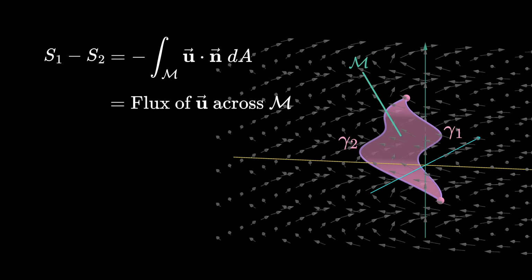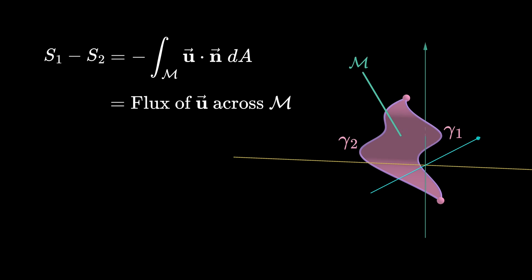Let's describe the integral in more detail. First, divide M into many infinitesimal area elements. At every one of these area elements, we compute the dot product of u and the normal vector at any point within this region, possibly at the corner. After multiplying by dA, the area of this region, we add up the dot products on all the small regions.